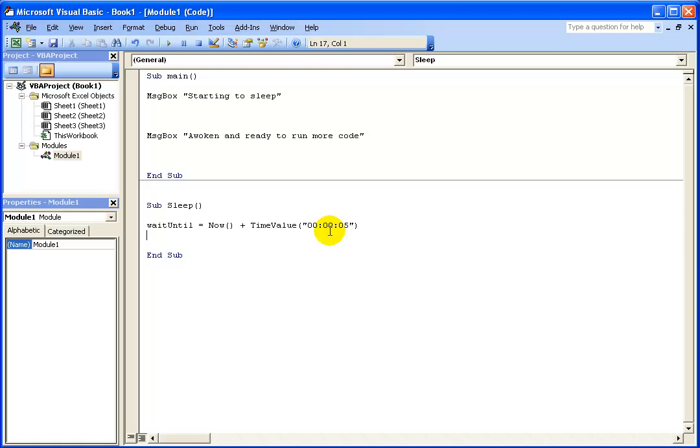Now what we're going to do, so we've got an object which is basically now plus 5 seconds in the future. So we just want to wait until that time arises. So I go while, and I'll say now is less than wait until,